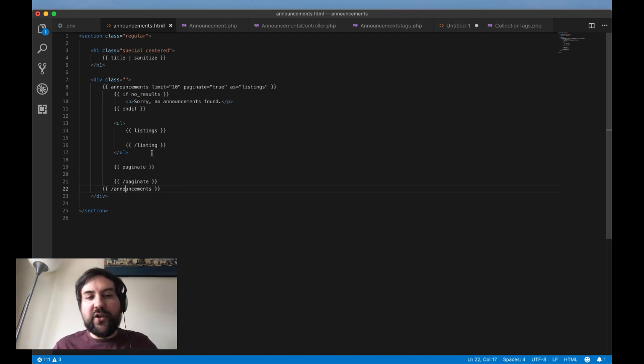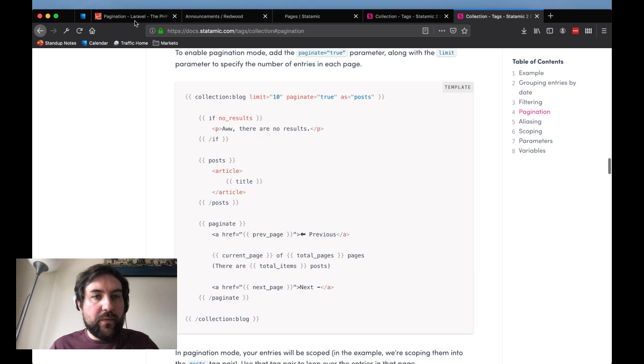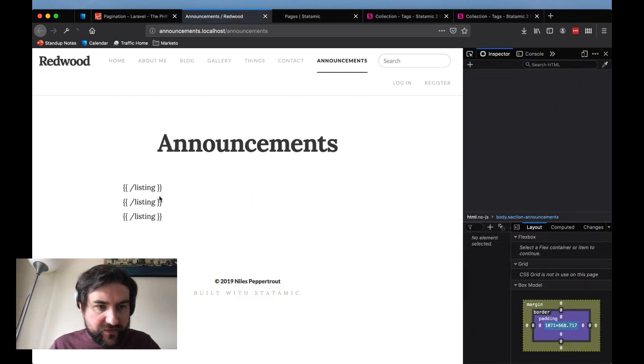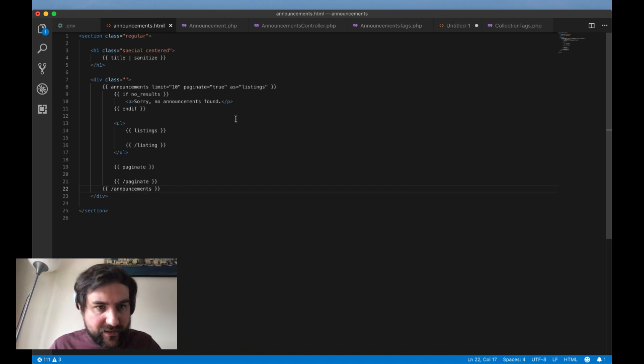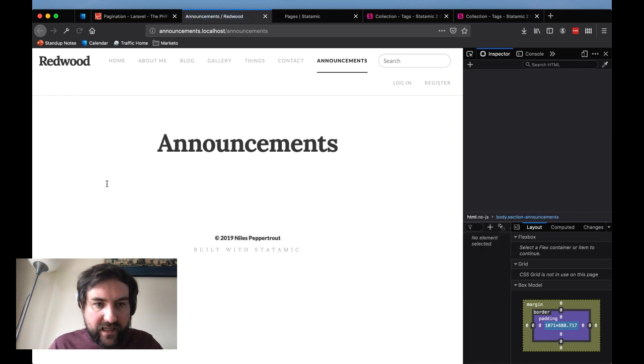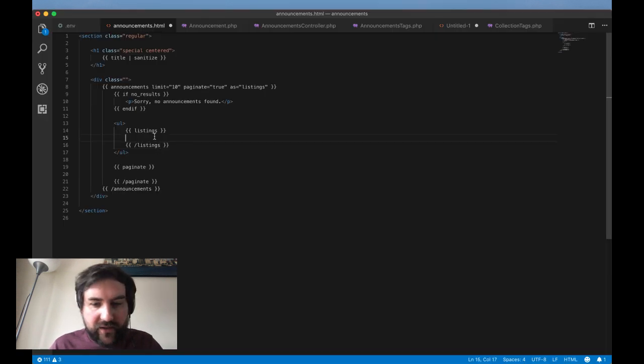Now, if we come back here, there'll be a problem, which is that it will be duplicating the ULs several times. In fact, it's not even doing that because it's just missing an S off the end there. You will see that it returns absolutely nothing because I'm not actually asking it to